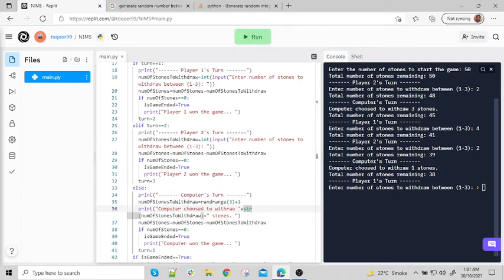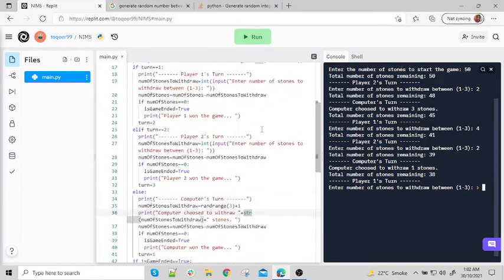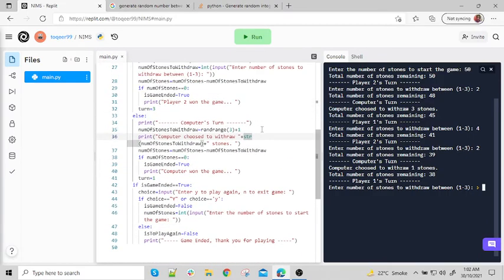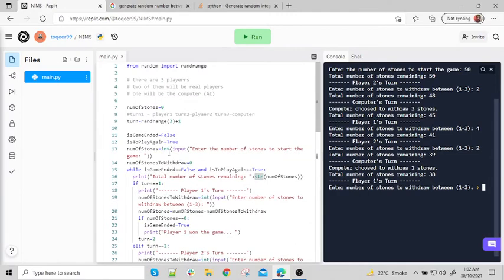But only one thing remains here. And what is that one thing? The number of stones should be entered by the very first player. But what does very first player mean? Very first player means the player who started the game. Which player started the game is decided here randomly.